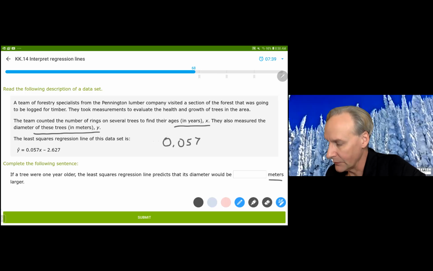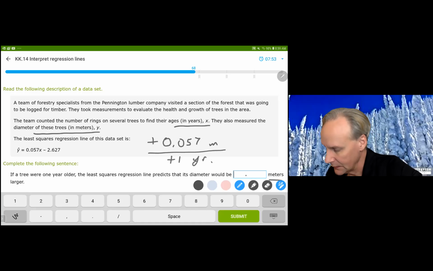But in this case, it's saying that the least squares regression line says 0.057. And remember, it's change in Y. This is the diameter in meters. So this is additional meters of diameter for each year that goes by of growth. And this one says it would be